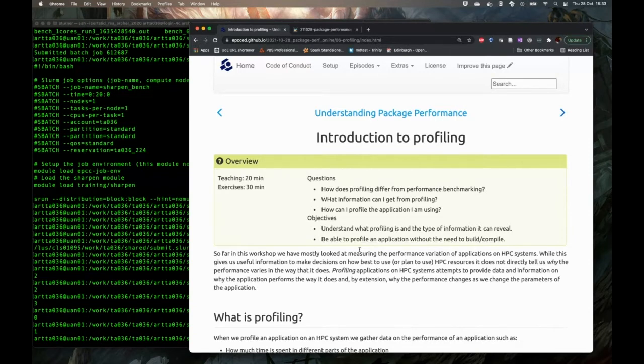So with simple programs, you can often work from the observational data you have in benchmarking to understanding why